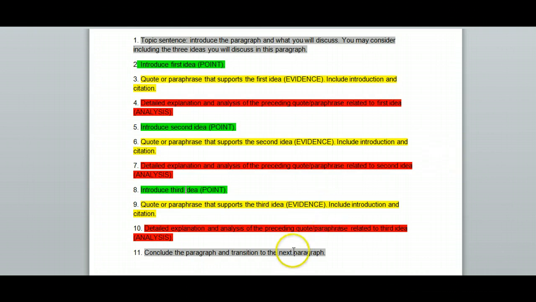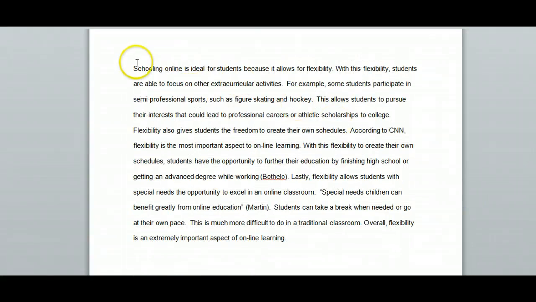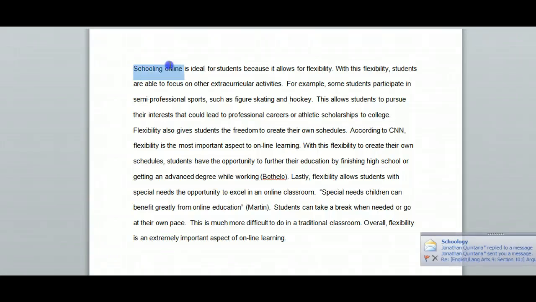And then finally here, the last one is that transitional sentence that would lead you to the next paragraph, to the next main topic to support your thesis. So this is a Whopper paragraph that includes citations from research as well as that Whopper template. Okay? So the topic that this paragraph is on is that online schooling is an ideal way to do your education. And so the first way